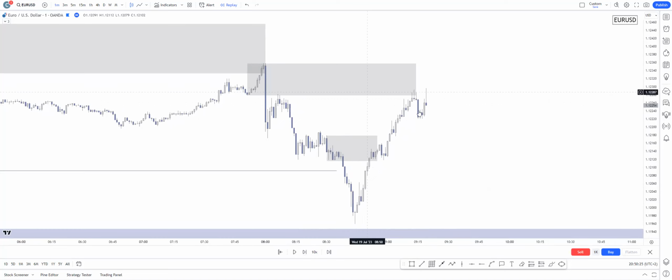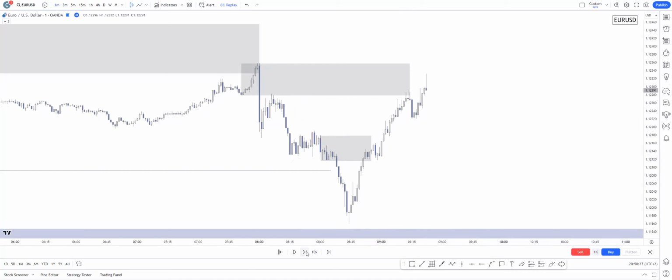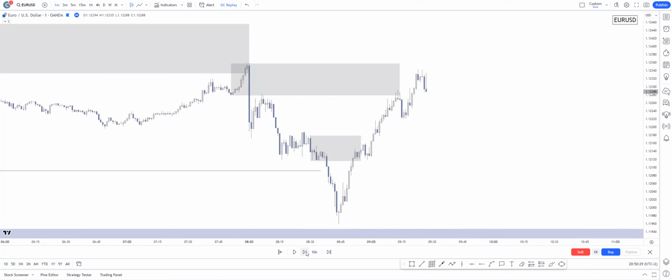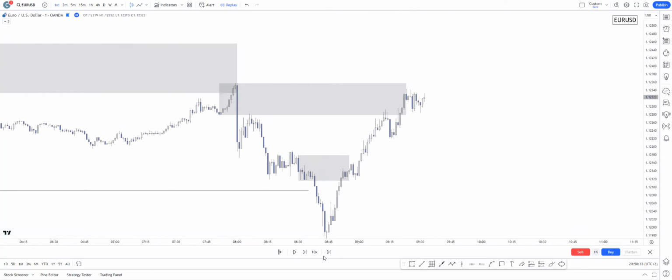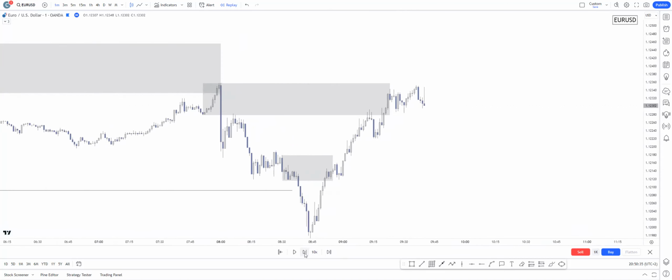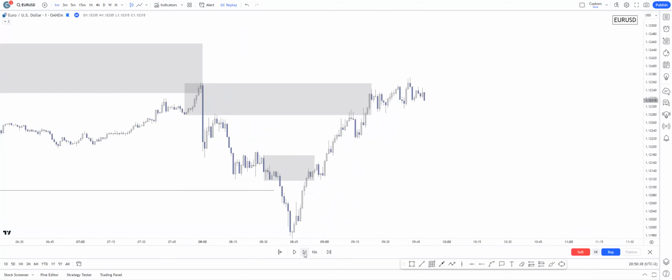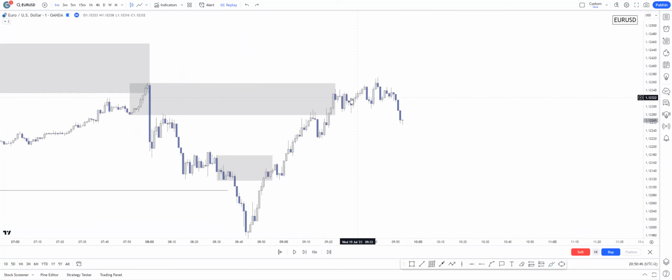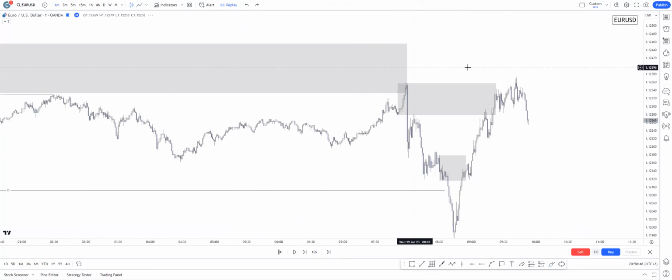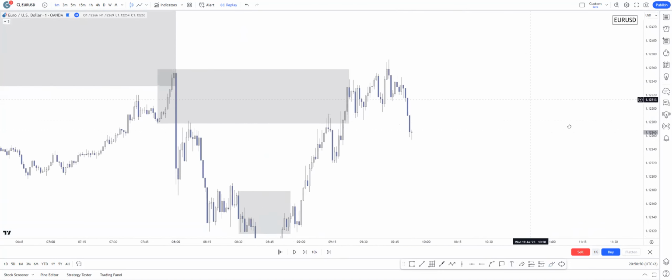But what can we identify at this point? This is a slow, small mitigation. Price is struggling inside of it a bit. Yeah, it's still struggling. But this is a really nice reaction right here. This is a really nice volume push that I'm really looking for. And if we can take a look at this point,